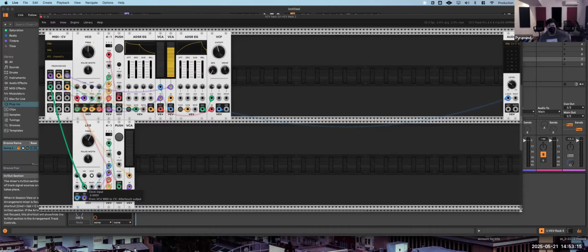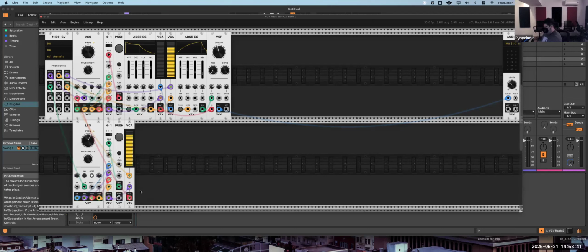You'll notice that the clock input on this low frequency oscillator is in the same place as this volts per octave input. So you can think of this input as the main pitch input of the LFO, but you don't really measure LFOs in pitch. You measure them in time, in milliseconds, right? So